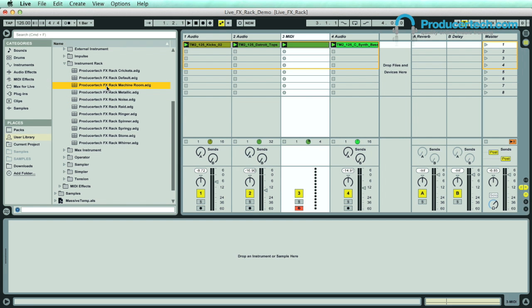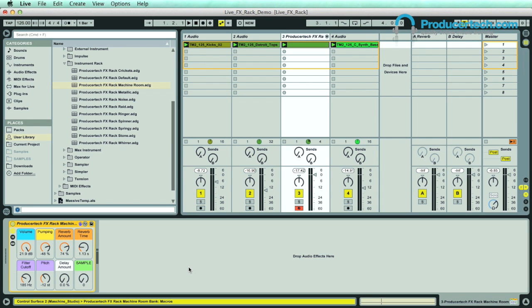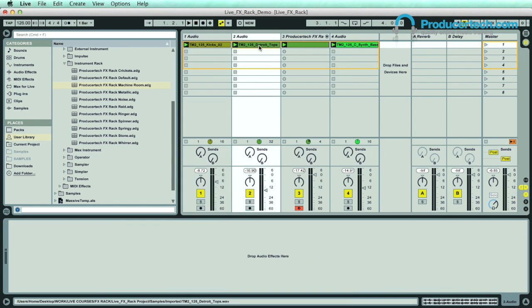Hey guys, this movie's just going to run you through a free FX rack I've made in Live for adding interesting textures and atmosphere to your tracks, which are perfect for filling out and adding some cool elements to your mix. In this project, I've just got a few loops from Tom Middleton's new Loop Masters sample pack, and you